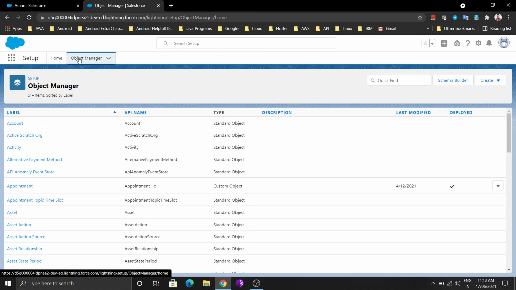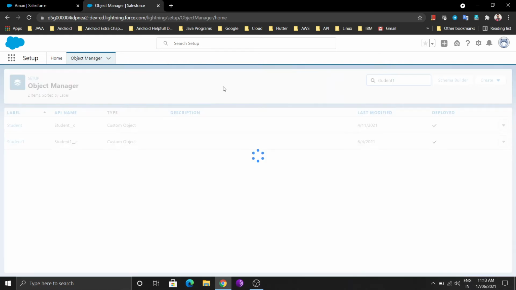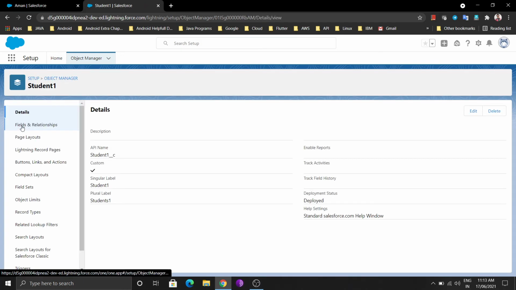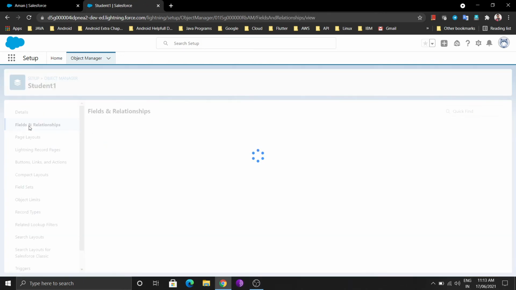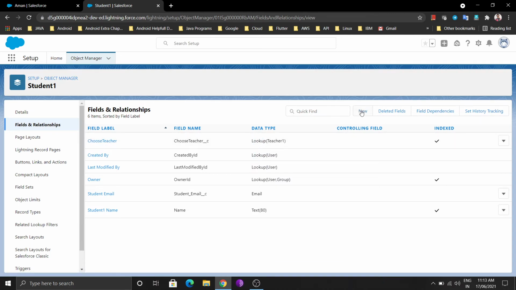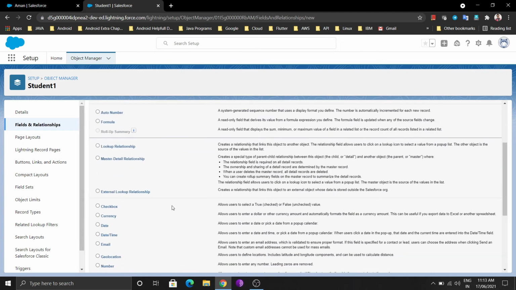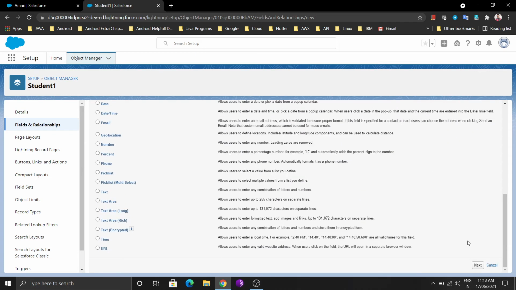I think on a standard object we are not going to do that. So on a custom object, find student one, click on it, click on fields and relationships section, and you can do that by clicking on new. In a similar way, click on master detail relationship. You will know all about that after reading from here. Then just click on next.